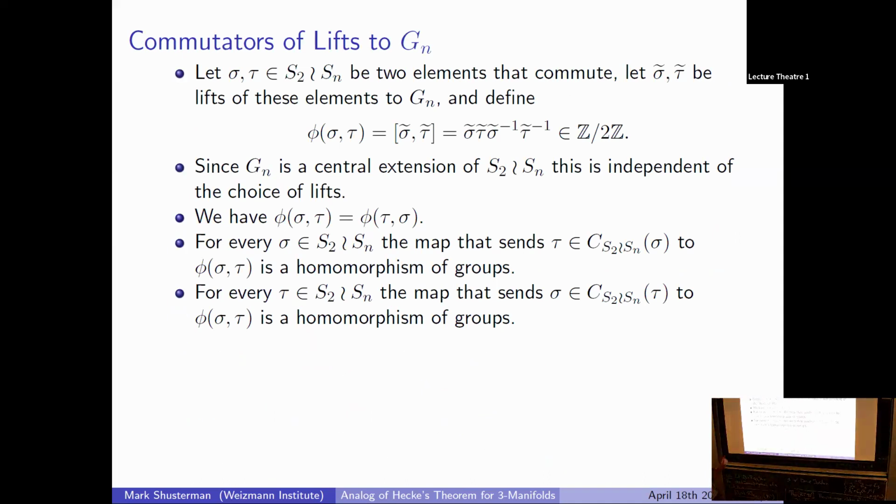So phi is just the thing that measures whether these things... And M, L, N are the meridian and longitude. So for that, you have to fix some sort of framing for these knots. No, we don't need to do it. How do you specify what M and L are? I think that this will work for any choice of M and L. I think for every knot group, you just take any two generators. I think it works for that, yeah.